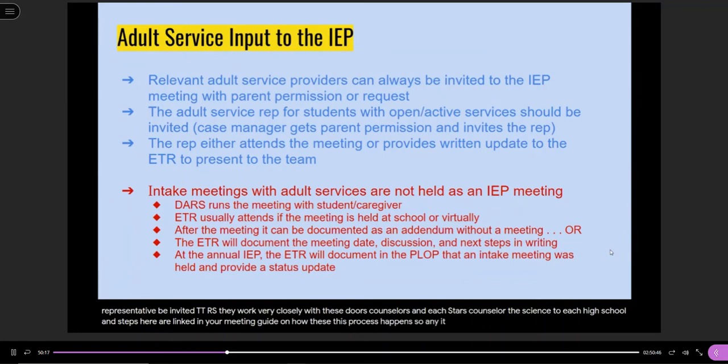So any adult service provider can be invited to the IEP when it makes sense to do so with parent permission or if the parent requests it. And the ETR can also recommend the adult service provider to attend if they think it would help. And then any student who has an open or active case with an adult service agency such as DARS should